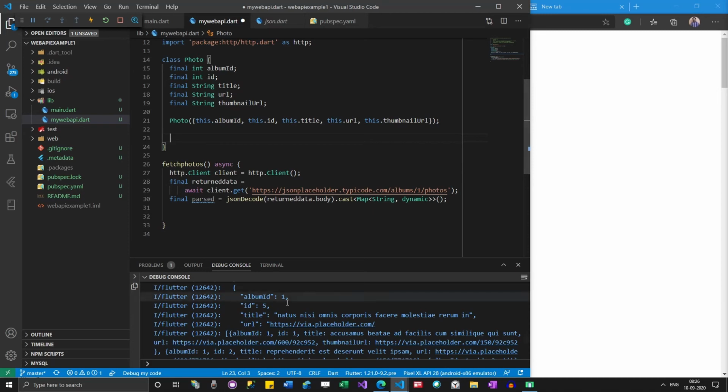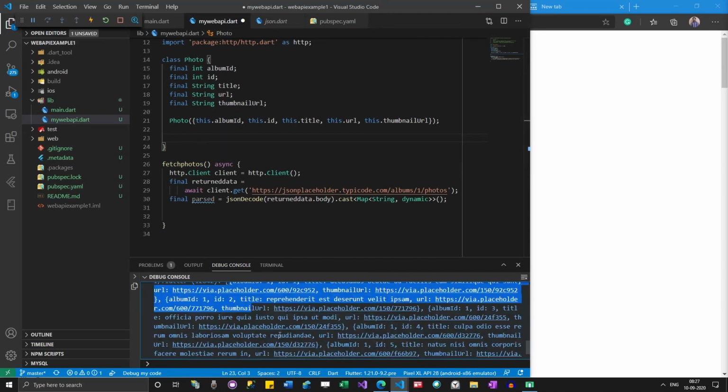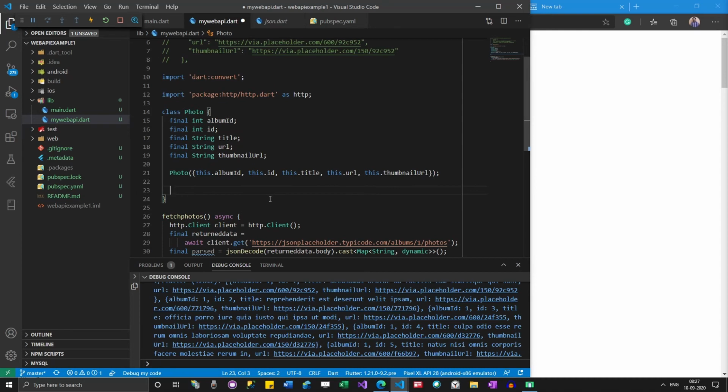Okay, so that method will actually, when we pass each object within that method, convert that into a Photo. So how we can do that is, we have something called factory constructors in Dart. If you want to learn more about it, just go through the Dart documentation. However, we are going to use it because these things are only one-time work for us. Once you have everything working, you are never going to change it unless there are some bugs.